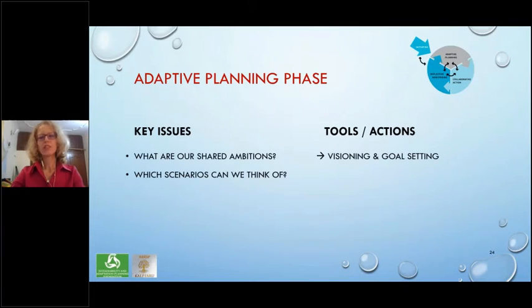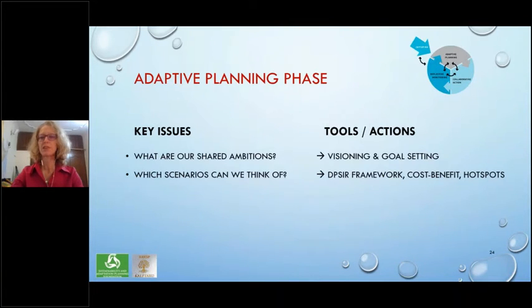Following your high-level vision, scenarios can be thought of, and different tools which we don't have the time for right now. If there are questions, I can highlight the so-called DPSIR framework, looking at drivers, pressures on the water system, state of the basin, impact and response strategies, which can lead to different scenarios of responses. And I think there are a lot of people in this group that are more technically sound to come up with measures, a program of measures that can be taken in these basins once you have the data and have analyzed